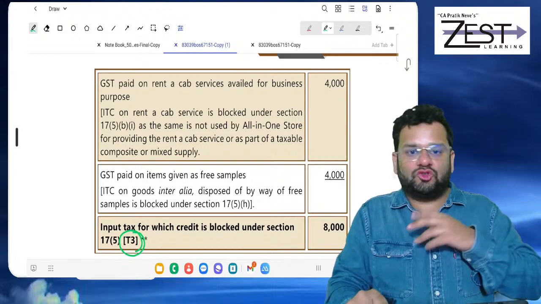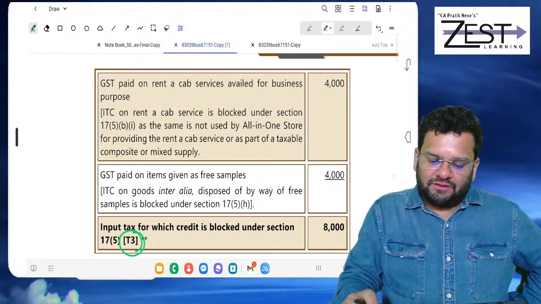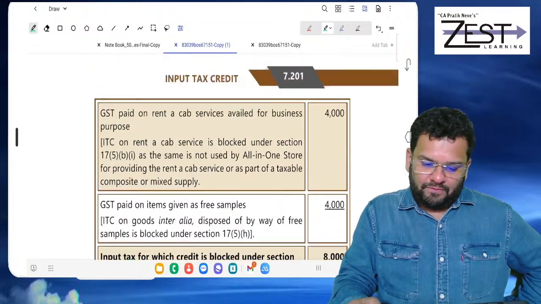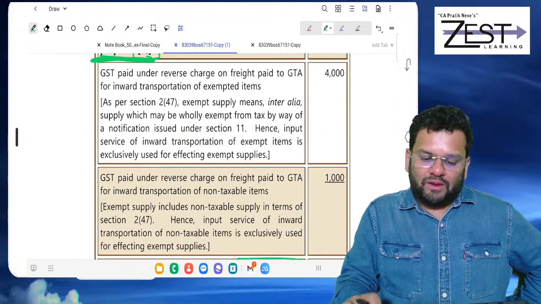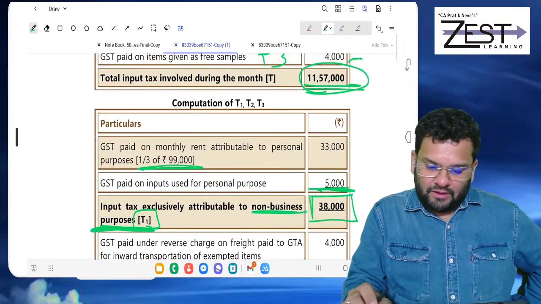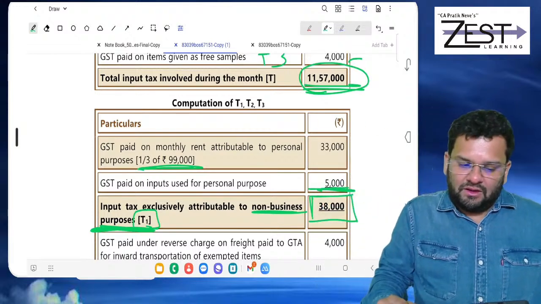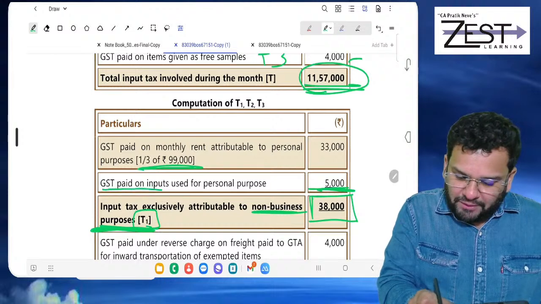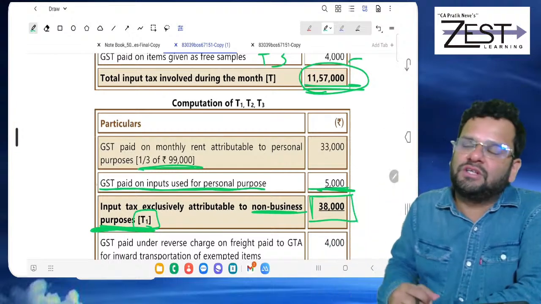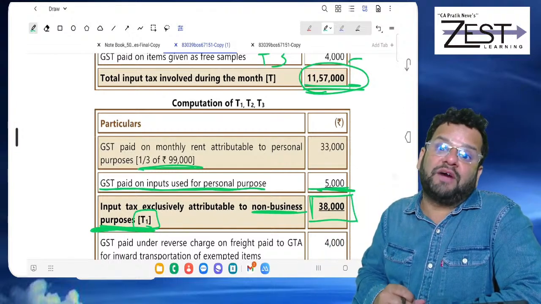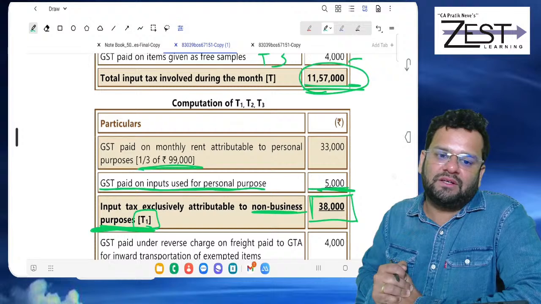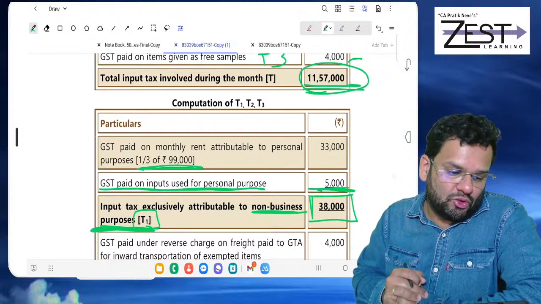One of the points was overlapping in T1 and T3, that is GST paid on inputs used for personal purpose. This could have been disallowed, as per clause G also, 17.5G. So anyways, it will not make difference whether you take it in T1 or T3, because anyways, all these figures you are going to minus